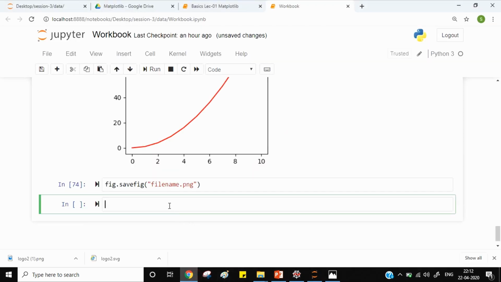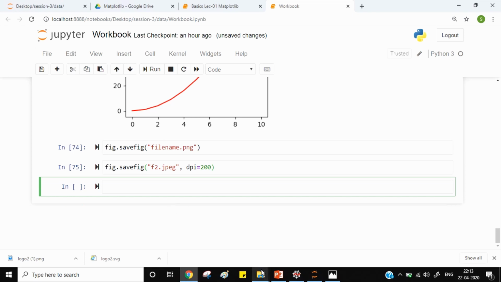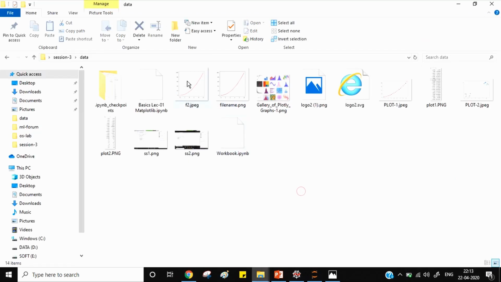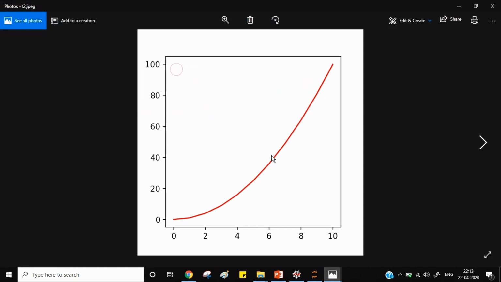Let's return to the notebook. You can also mention the DPI here. Say I want it to be 200 this time. If I check my working directory, I got this second image which is more enlarged, because this time there are more pixels per inch.